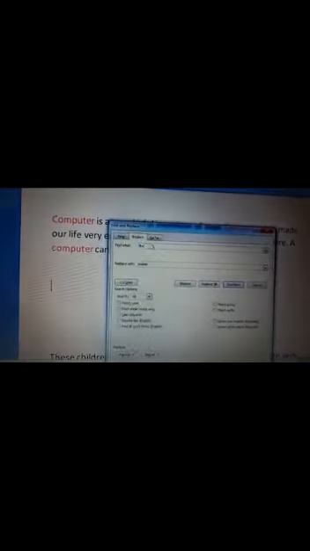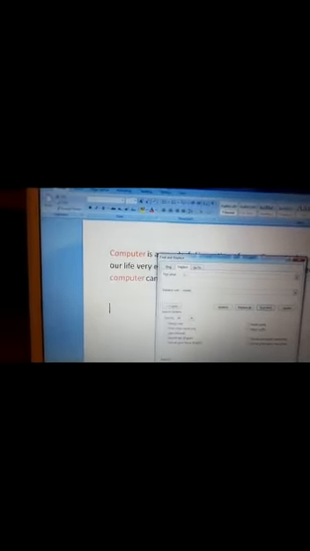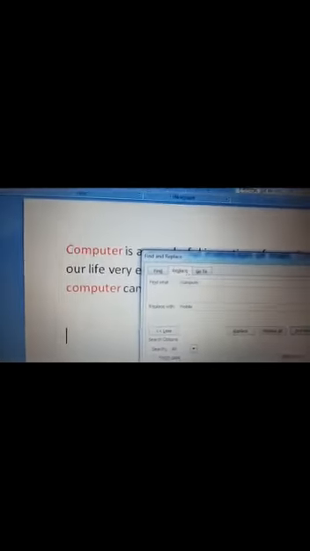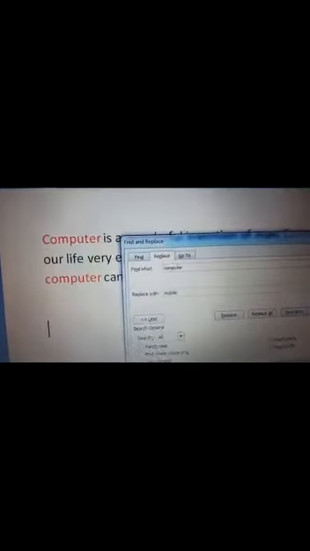In find what, you have to type the word that you want to replace. So what word we want to replace? It is COMPUTER. Okay. Now you want to replace it with mobile. So after that we will go to replace all.